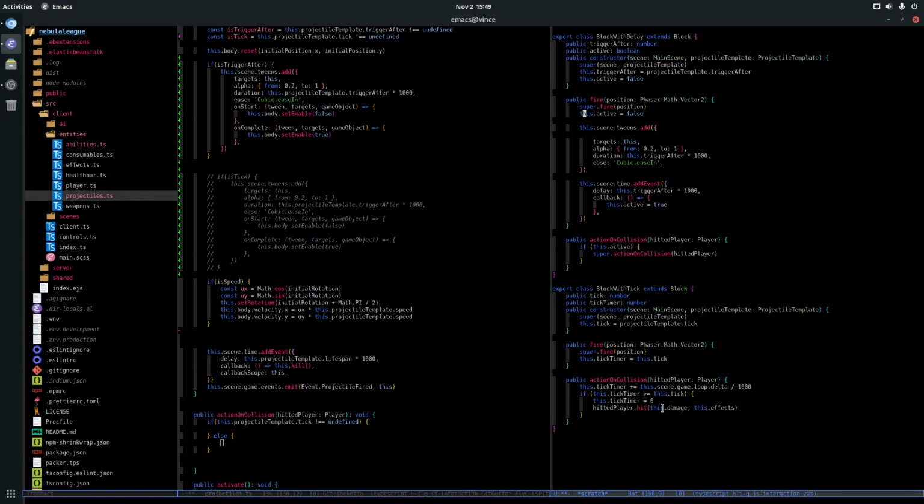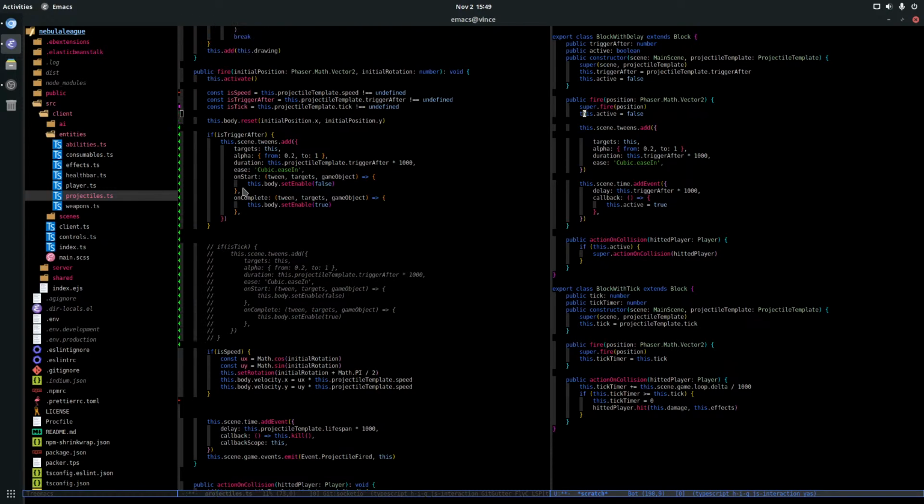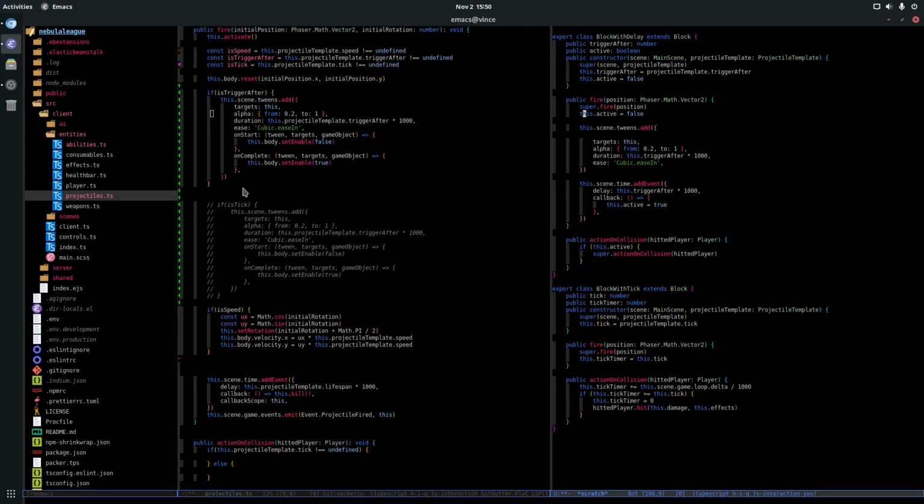Yeah, that's more complicated than I expected because I don't know which condition makes it. Maybe I still need the class name. I don't know.